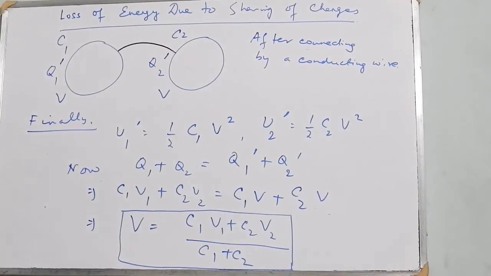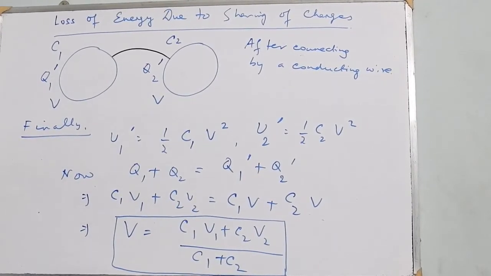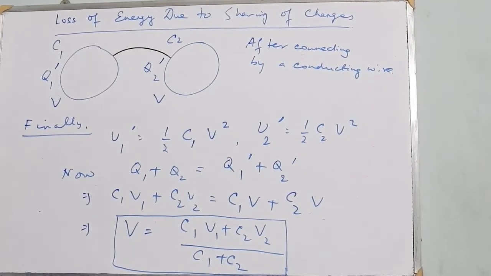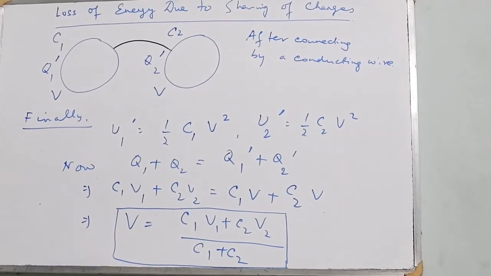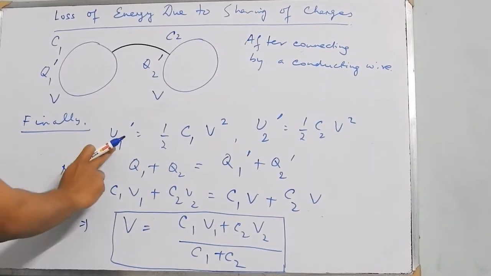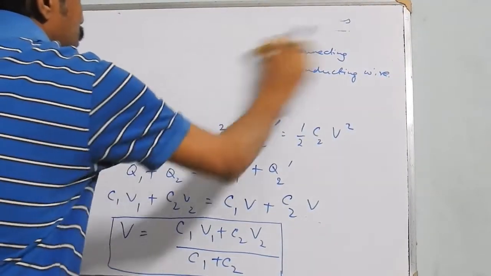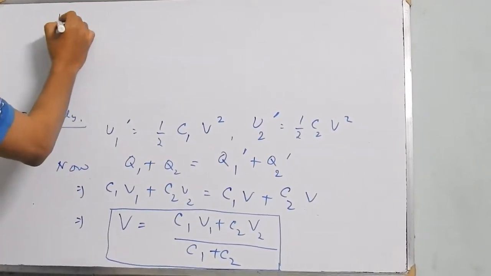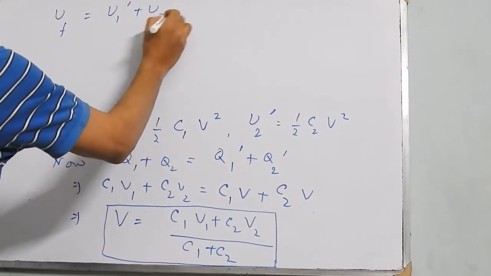Now, if we realize the energy stored by this system of two conductors, there will be some loss of energy, and that loss of energy will appear as heat that will flow through the connecting wire. This we can definitely show mathematically. So we have already written U1 dash and U2 dash. After connecting by the conducting wire, the total energy of the system is, say, UF, or final energy, which is U1 dash plus U2 dash,